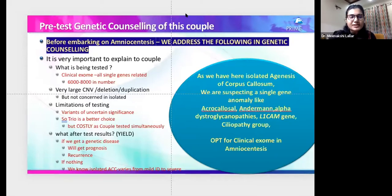There is no single test that is going to answer all your queries. But patients tend to think so when they are going for such costly tests. But it is very important to tell them that, see, there are certain limitations. And now, as I'm coming back to this case, this patient, a primary patient, 16 weeks, agenesis of corpus